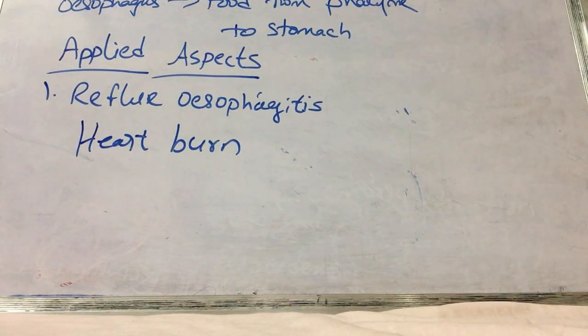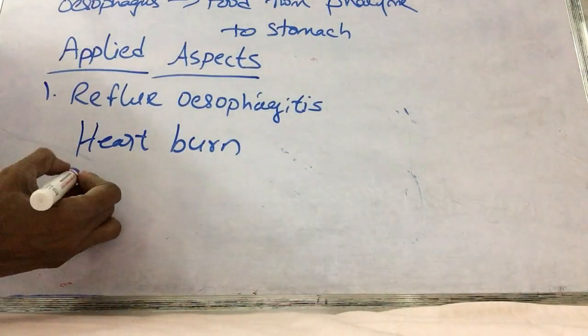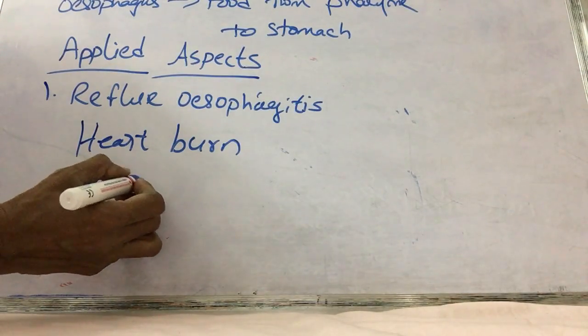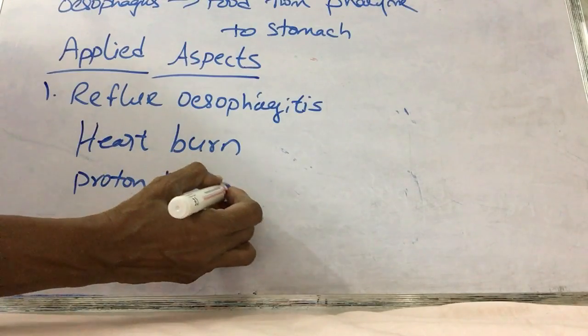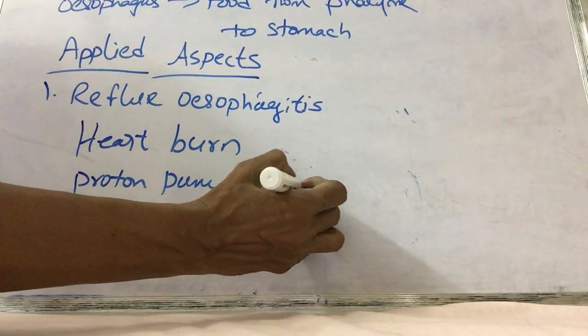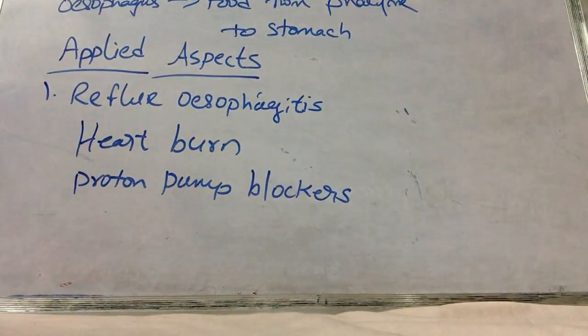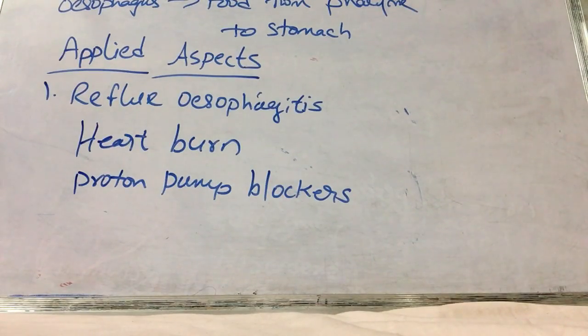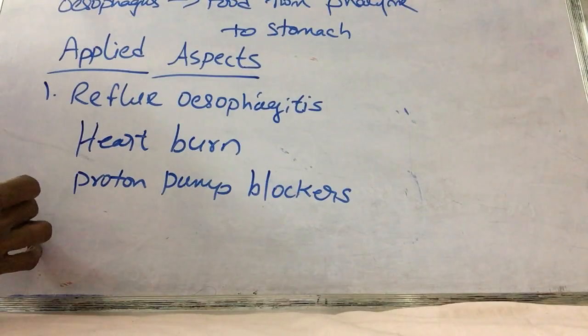And if this regurgitation of the acid contents from the stomach continues for a longer period, that may result in ulceration of the esophagus, and it is treated by proton pump blockers. This is the medical treatment, whereas surgical treatment is